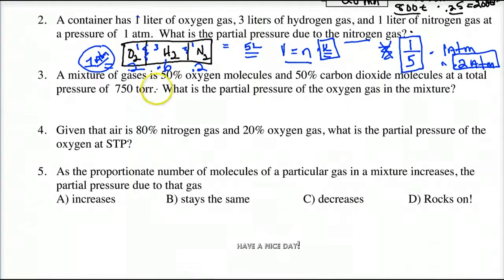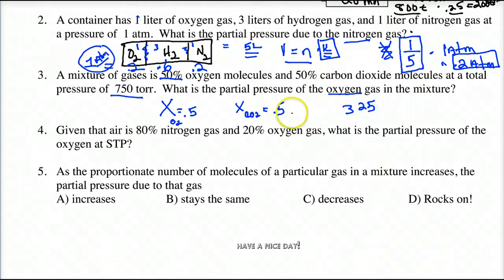A mixture of gas is 50% oxygen. That would give you a mole fraction of 0.5, wouldn't it? For oxygen molecules. Okay, and a mole fraction for carbon dioxide would be 0.5 as well. Okay, total pressure is 750. What's the partial pressure of the oxygen gas? What's 50% of 750? Okay, all right, 375. Or 0.5